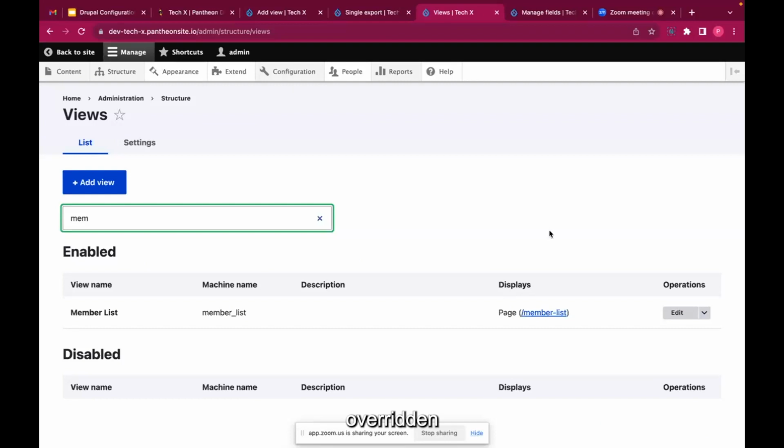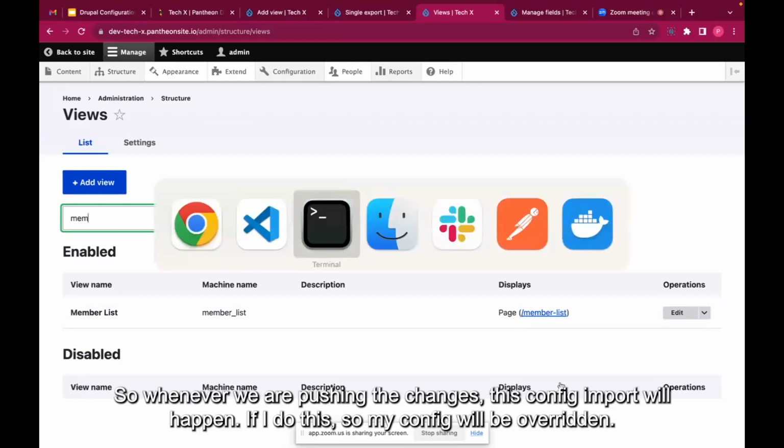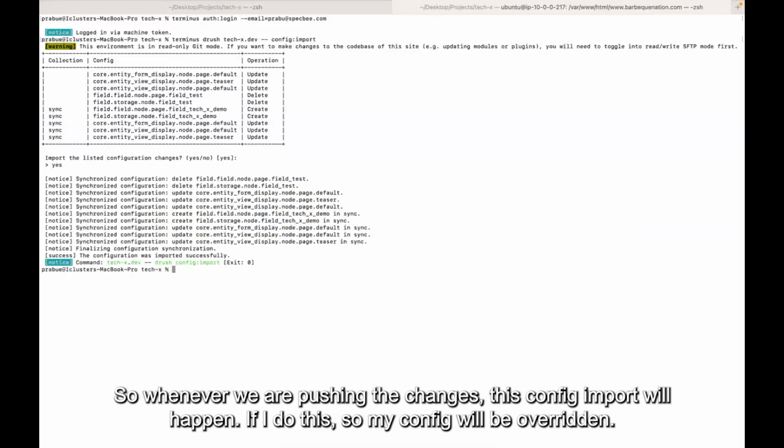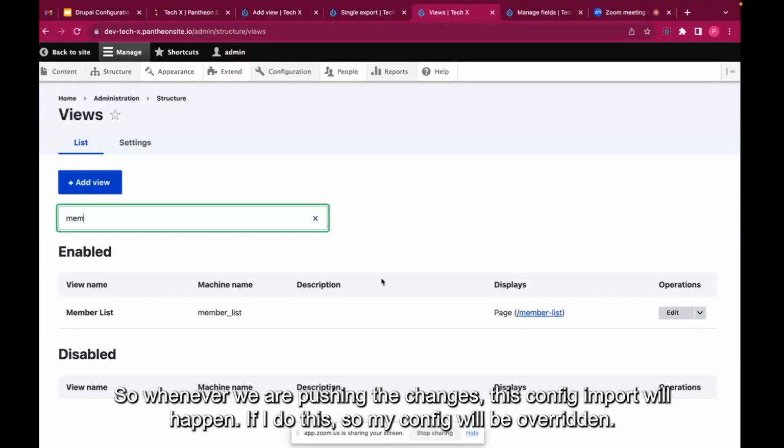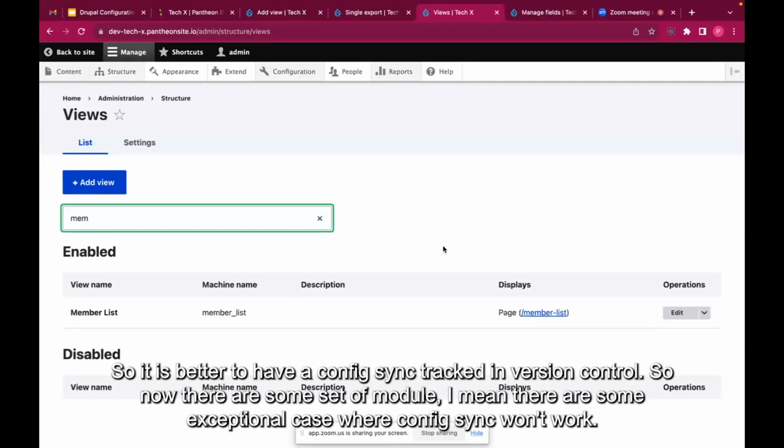Why? Because if I run drush config import, whenever we are pushing the changes, this config import will happen. If I do this, my config will be overwritten. So it is better to have the config sync tracked in the version control tool. Now there are some exceptional cases where config sync won't work. Let's say